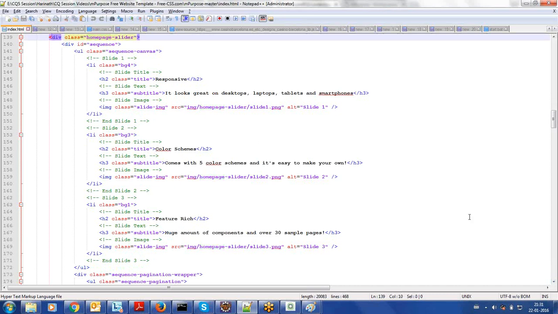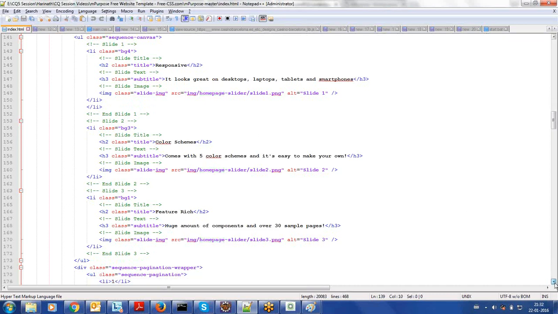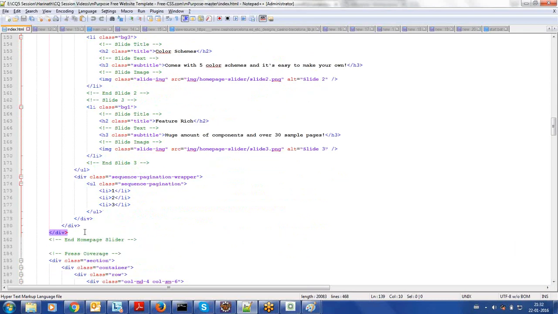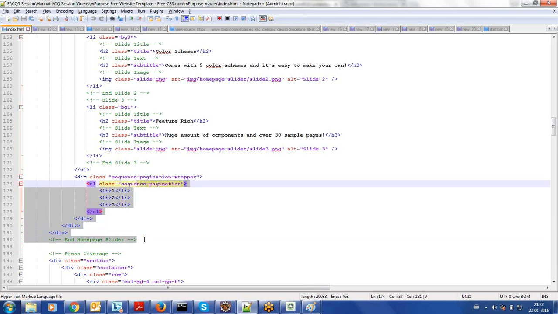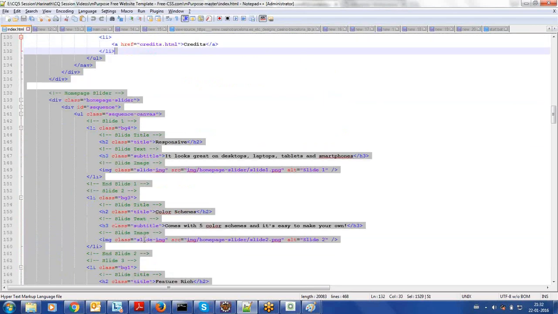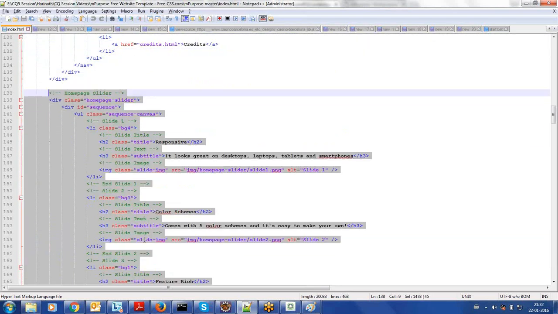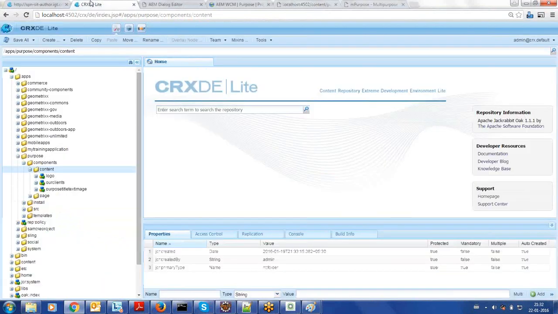Here it is starting, basically. Where is it ending? Here it is ending. So take this carousel HTML, and we have to place it in our component, and we have to make this dynamic, meaning authorable. It's our concept. So first go to your CRXDE, right click,